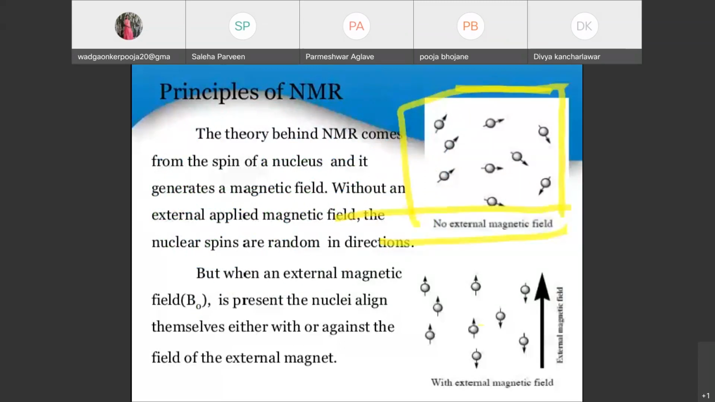But as soon as you apply magnetic field, and a magnetic field is denoted by the notation B0. What is that? B0. Whenever you are saying that you are applying magnetic field, at that time you are applying B0, that is magnetic field, which is